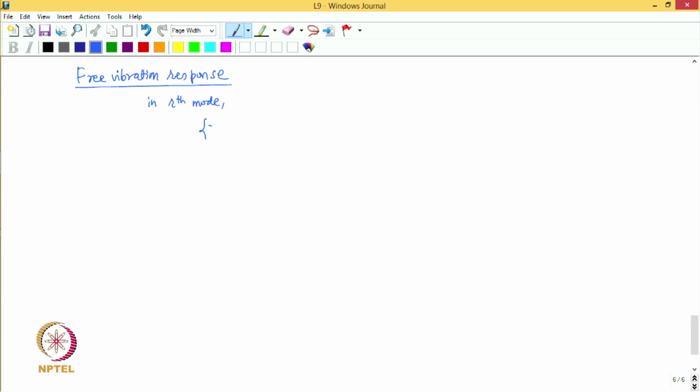the free vibration response represented by, let us say, x_r, can be written as A_r phi_r e to the power s_r t plus A_r star phi_r e to the power s_r star t, correct. So, here A_r and A_r star are complex conjugate coefficients, and s_r and s_r star are complex conjugate eigenvalues. So, star basically represents the complex conjugate operation. So, the general solution,